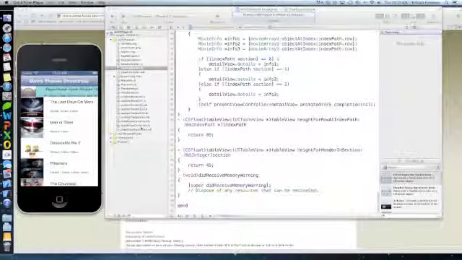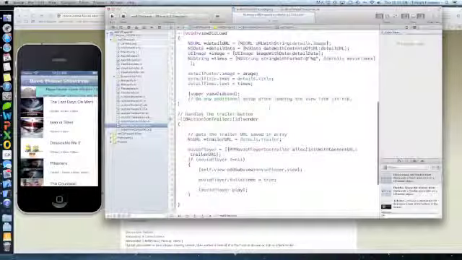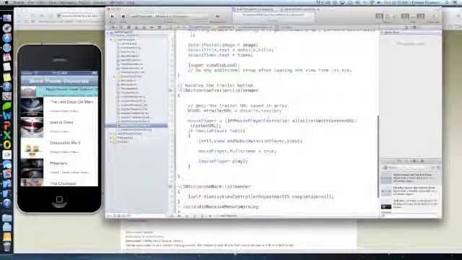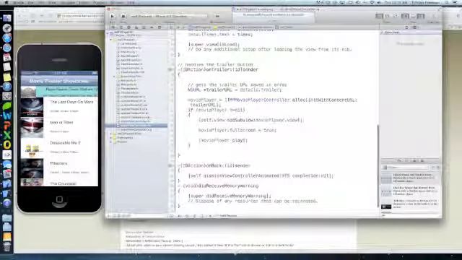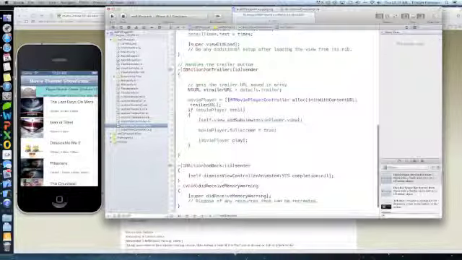For the detail view controller, I have the on trailer for a button that is at the top of the toolbar. So created the NSURL to get the URL that I actually saved in the array. So my array here for the detail is just details. So it's details.trailer. Created the movie player, and then I added the movie player subview to the view itself and